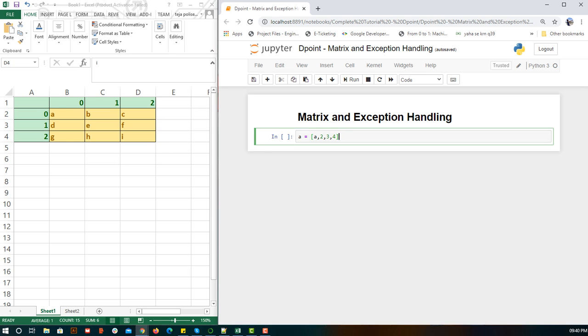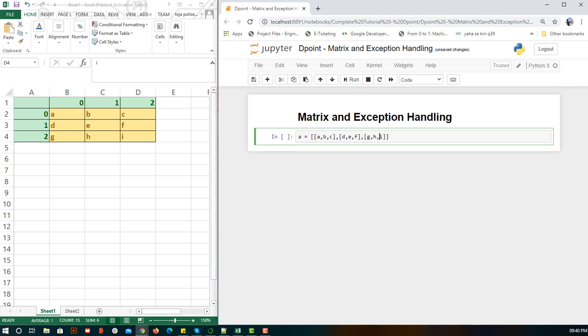Okay, so how will we do that? Since it is a 2-dimension, this is our first dimension. In this, first I will try to write the first row. For that I'll open one more square bracket. So first row is A, comma B, comma C. Now for the second row, I'll keep a comma, then I'll start a second row, which is D, comma E, comma F. And similarly I'll go to the third row, which is G, comma H, comma I.